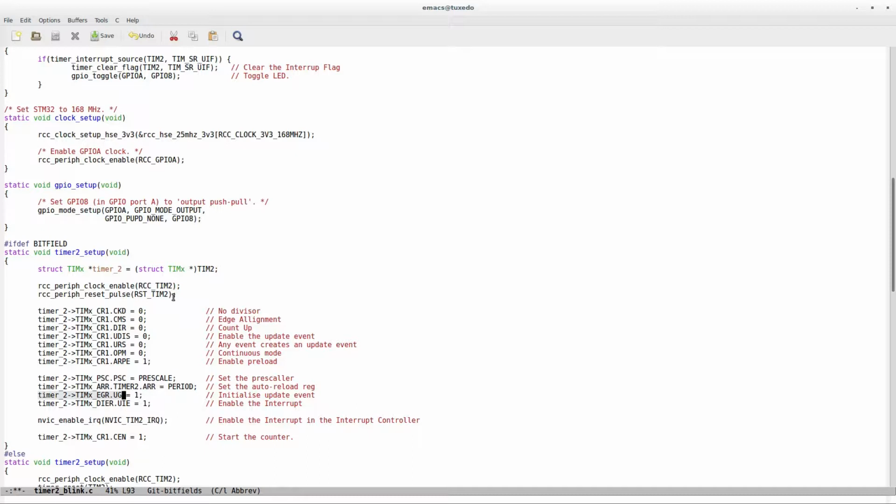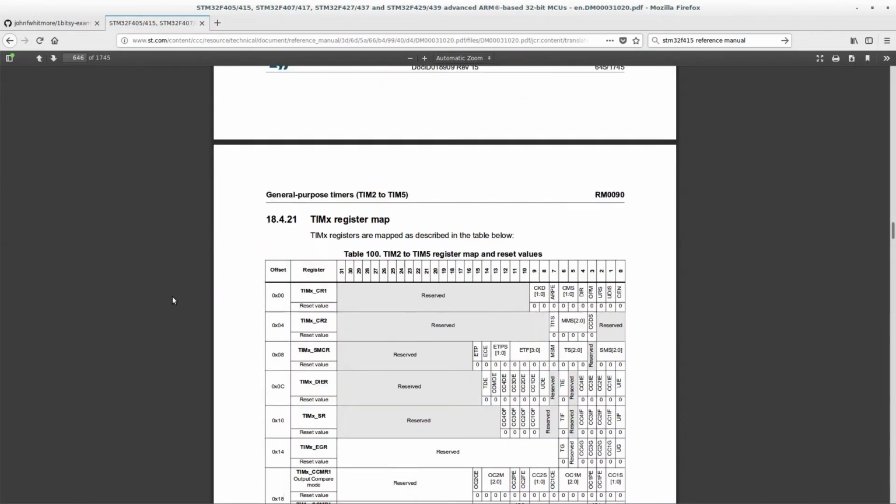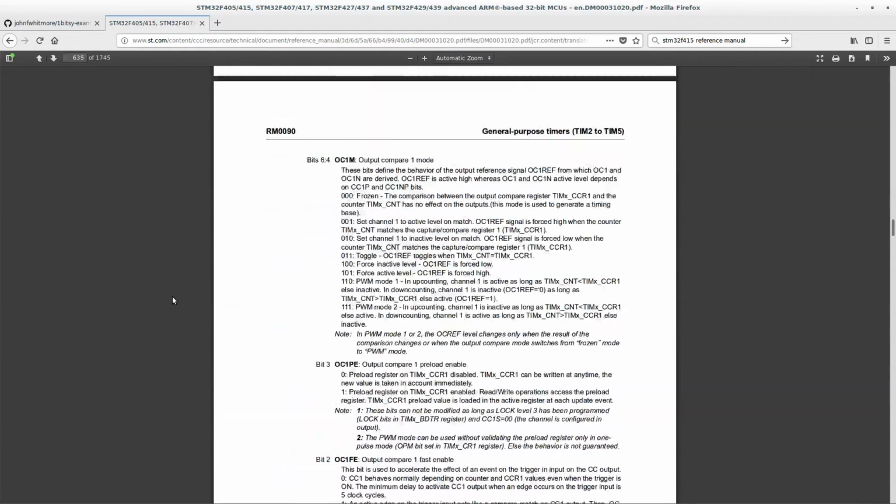Now that doesn't mean a great deal when, in this case, we're trying to start a 1-second timer that repeats, which is what we're trying to do. The EGR UG bit doesn't actually mean anything on its own, but if you go back up the data sheet